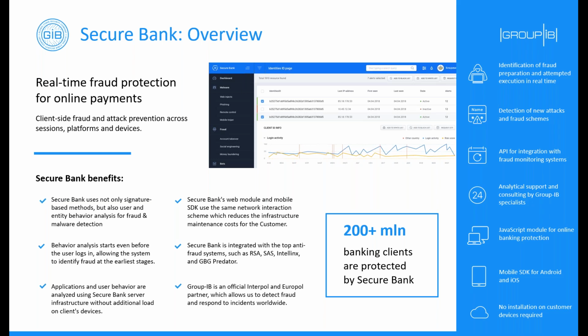Applications and user behavior are analyzed using the Secure Bank server, without any additional load on client devices. Secure Bank's web module and mobile SDK both use the same network interaction scheme, which reduces the infrastructure maintenance cost for the customer, and it can be integrated with most popular anti-fraud systems like RSA, SAS, Intellinx, GBG Predator.